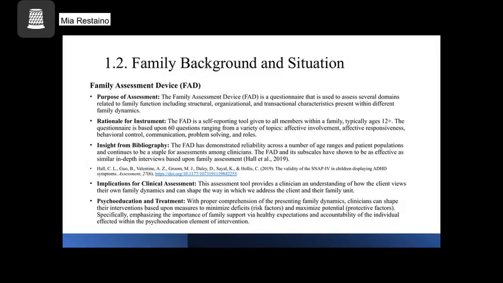When looking at family background and situations with clients who are presenting with symptoms of potential ADHD, it's very important to utilize a family assessment that is going to be in-depth enough to give us an understanding of what the presenting family dynamics are, especially when working with adolescent populations, because we're really going to be working with the family as a unit. To be able to adequately assess the family dynamics, we chose the Family Assessment Device, or the